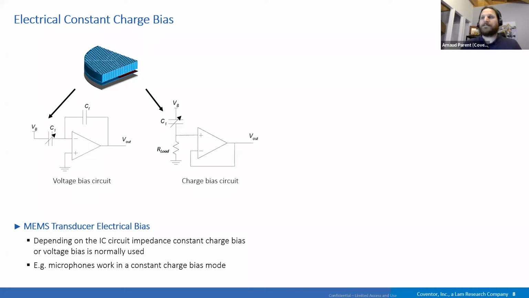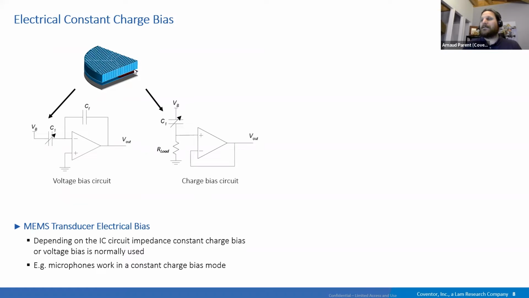So, constant charge bias. Here you have the illustration of two opposite ways of biasing a device. It could be any kind of electrostatic MEMS device. Here for the illustration, you have a microphone. It's a quarter of the microphone that is modeled, because with a symmetry plane, it's efficient to only model a quarter of it.